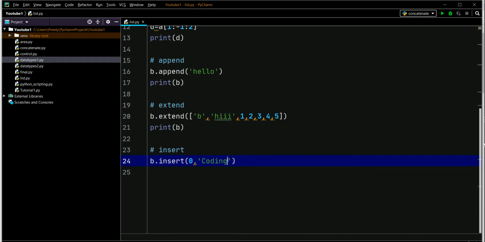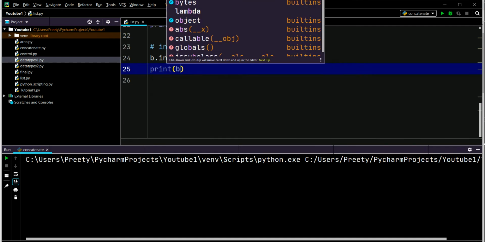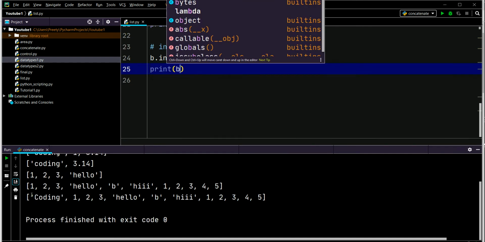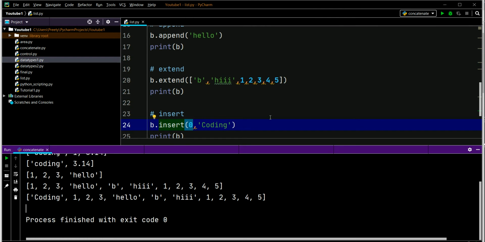So this is the element and this is the index value at which you want to insert it. Now let's print b and run the code. You have given the index value 0, and coding has been inserted at the 0th index. So that is the basic difference between append, extend and insert.